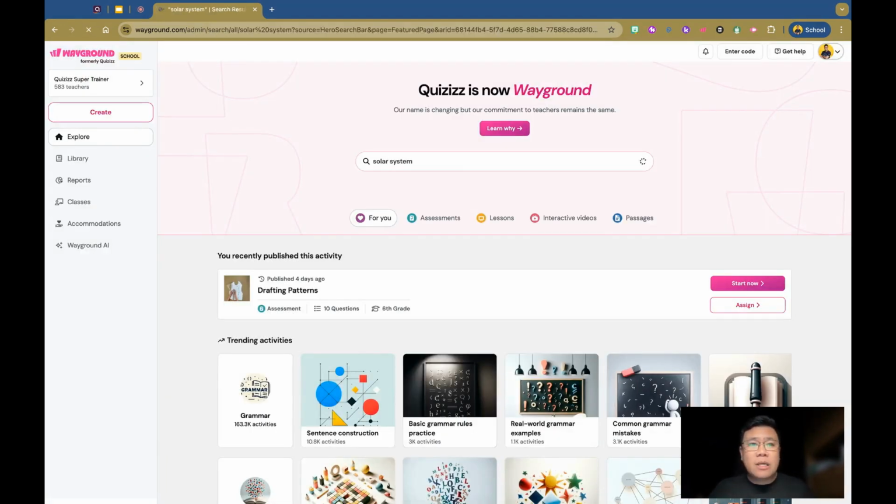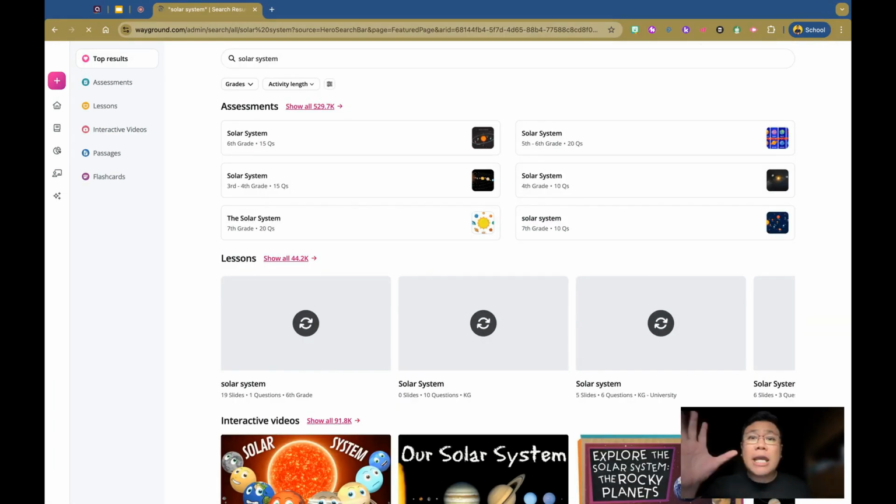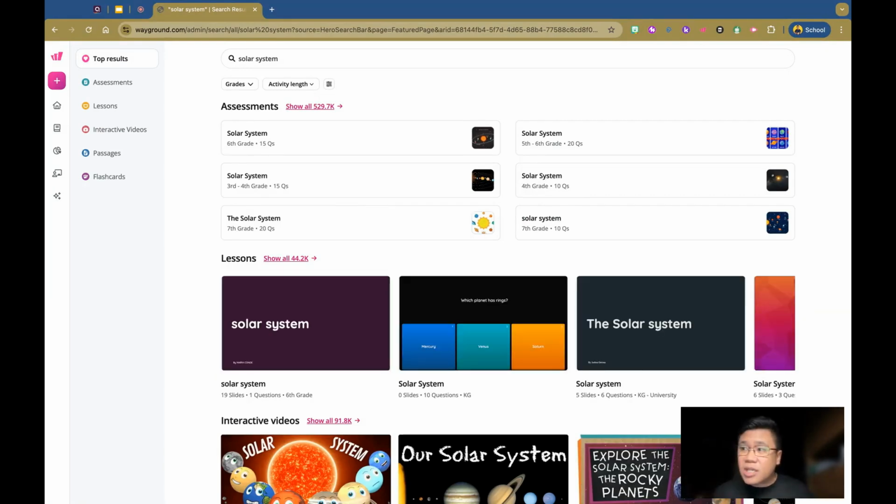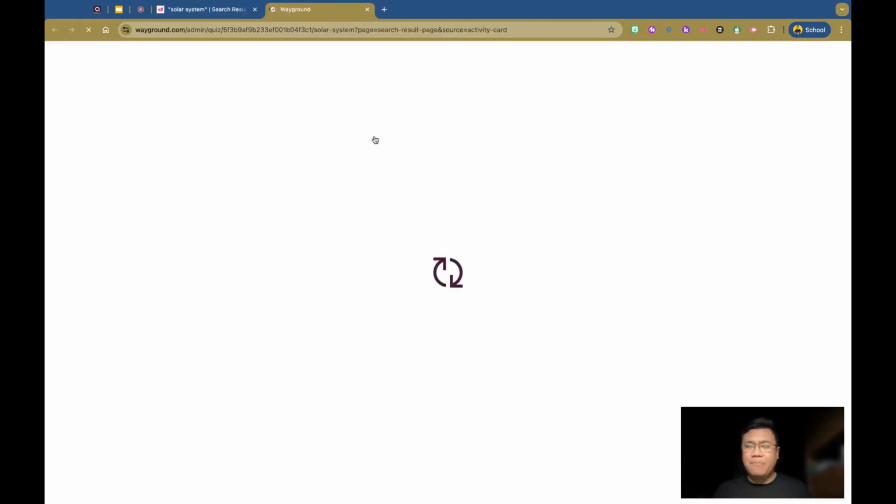Just take note, everyone, that paper mode only works for assessments or quizzes with MCQ questions. So if you have other question types edited within that assessment, those assessments or quizzes will not show up during a paper mode game. So just a very friendly reminder for everyone. All right? So, let me click on this.